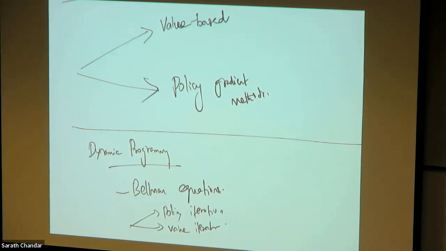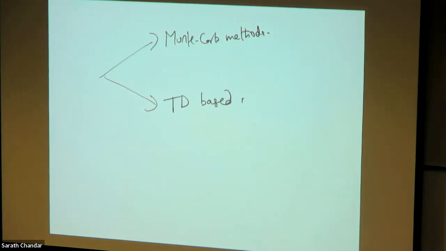Okay, so if you want to talk about learning-based approaches, then we have two classes of learning-based approaches. We have Monte Carlo methods, and we have TD-based methods. The basic idea in Monte Carlo methods is that you are doing sample averages. You do a lot of interactions and you try to estimate the value functions by using samples, which is basically an average of the returns that you have seen so far.